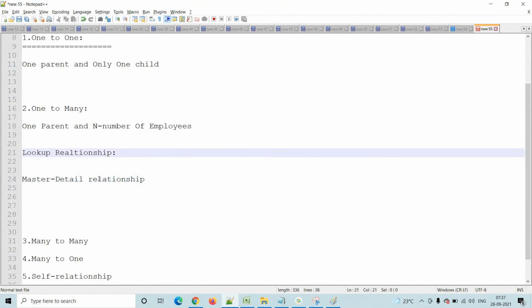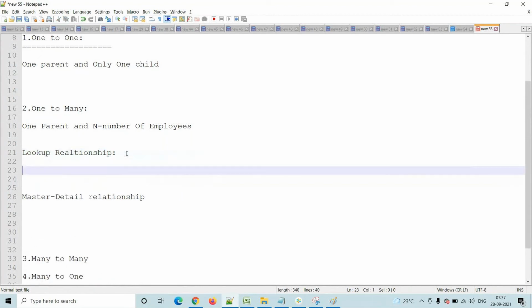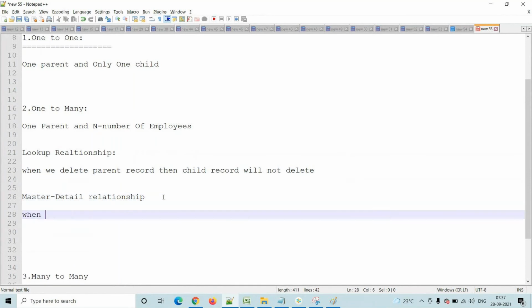But what is the difference between them? With a lookup relationship, when we delete the parent record, the child record will not be deleted. But with master-detail, when we delete the parent record, the child record will also be deleted